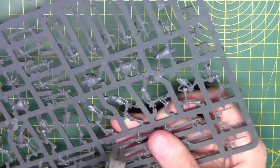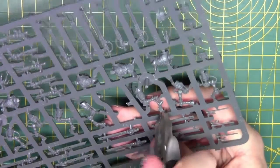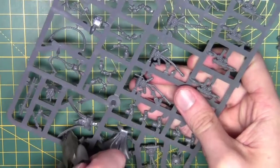So, starting on the assembly here, I'm starting off with an infiltrator first. I'm going to go ahead and assemble the kind of leader for each squad. They're slightly different and more interesting to assemble. So I'm clipping out the body and the legs here, and we're going to go ahead and move on to